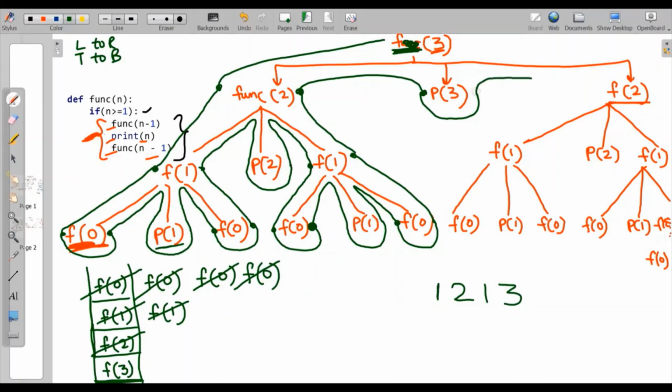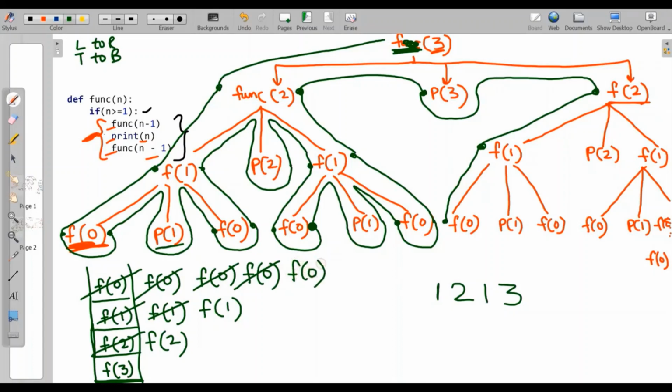Then we will go to right part, func2, which is F2. It is coming for the first time. So here it will push to the stack. Then it will go top to bottom. It is visiting F1 for the first time. So here it will push to the stack. Then it will go top to bottom, F0 for the first time. I'll write F0 into the stack. Then it will come for the last time, F0. It will again pull off from the stack. Then we will go to F1. Then it is asking to print 1. So here we will print 1.